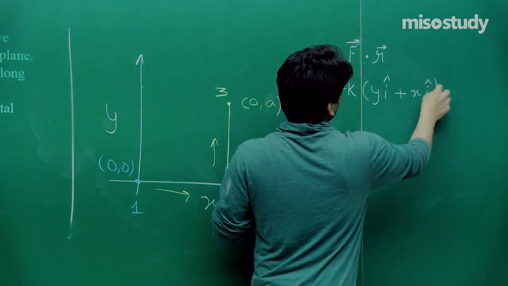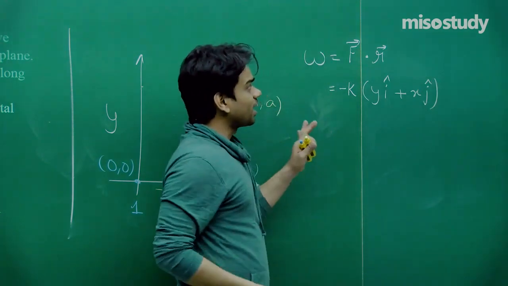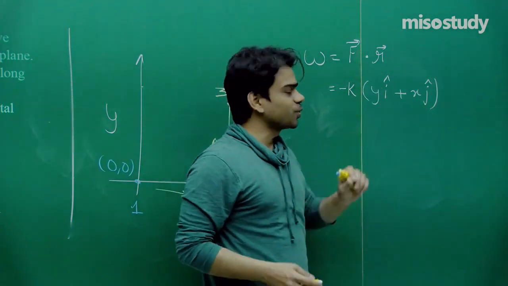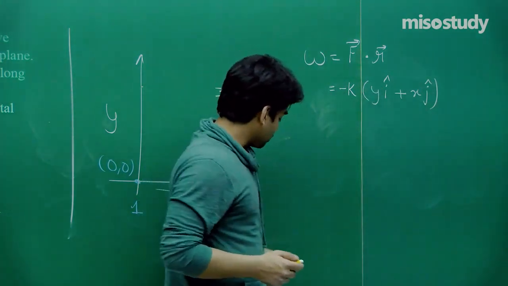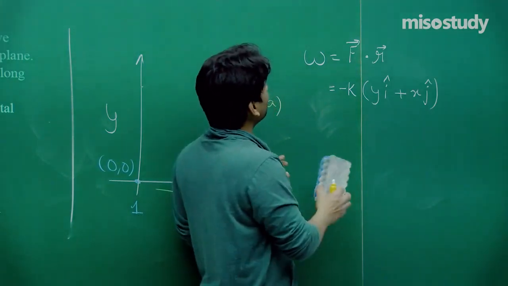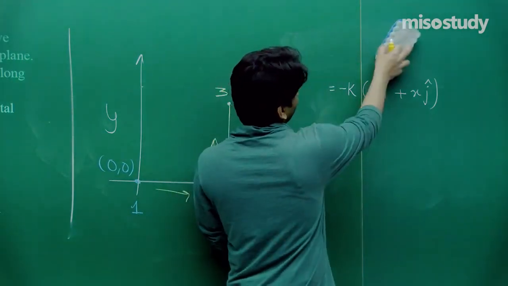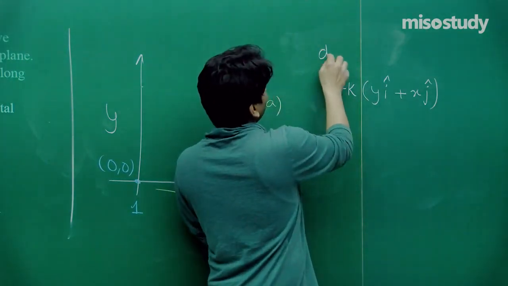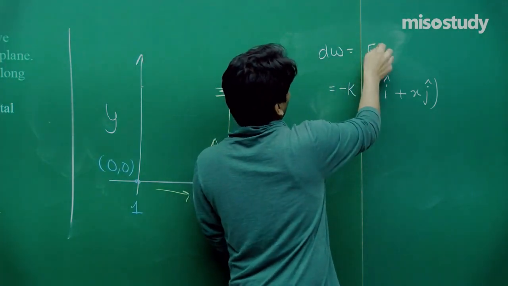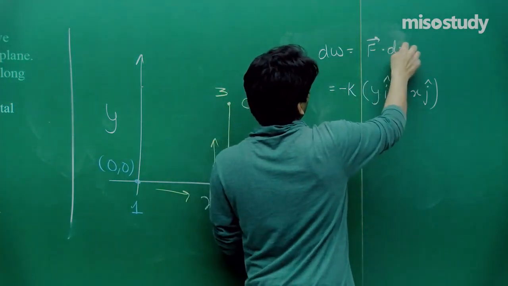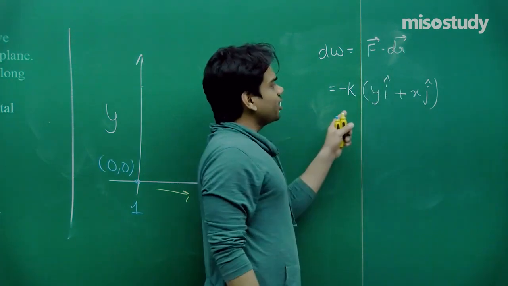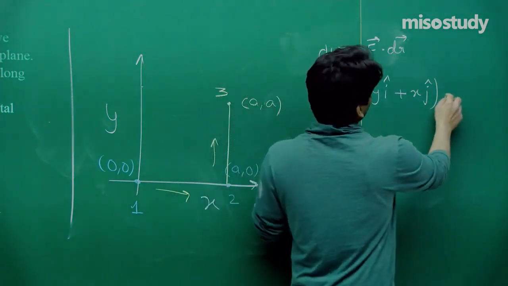This is what we need to show, and the r vector I have shown you here. Actually, I should write small work done. We need to integrate, actually. I should write small work done, that should be equal to F dot dr. Now if I need to write down again here, F dot dr,